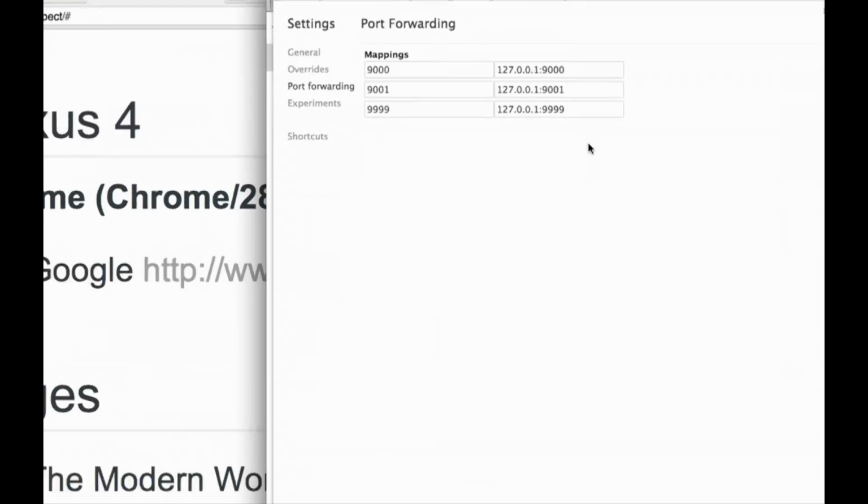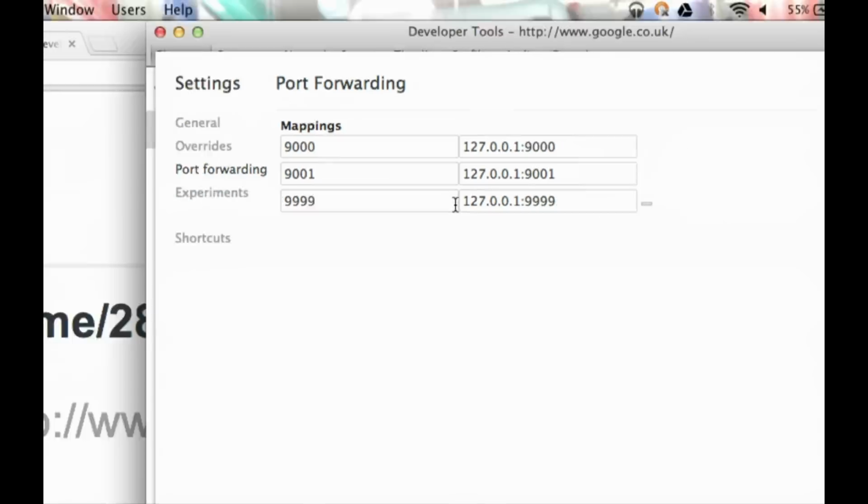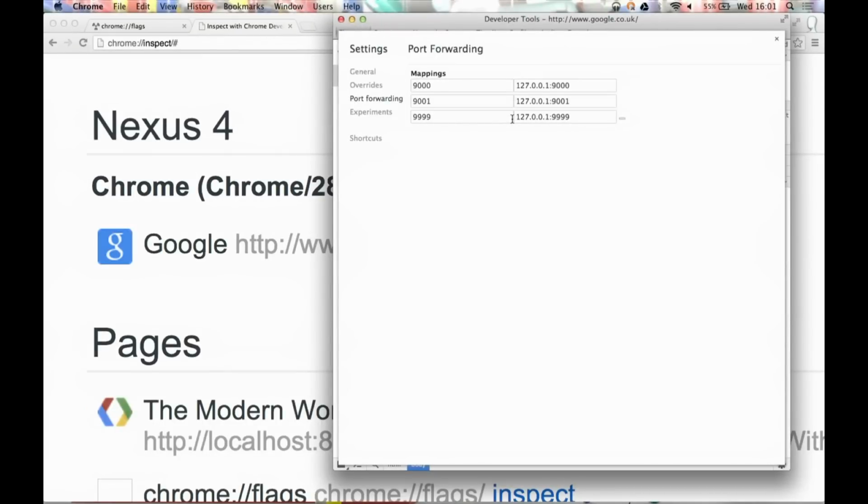So here, you'll see that I've got a number of ports already mapped. These don't need to be the same port numbers, but the left-hand side is essentially the port number that I type in on the device. And then the right-hand side is essentially saying localhost, and then the port number that's actually running on this machine. So if I switch over to this machine,